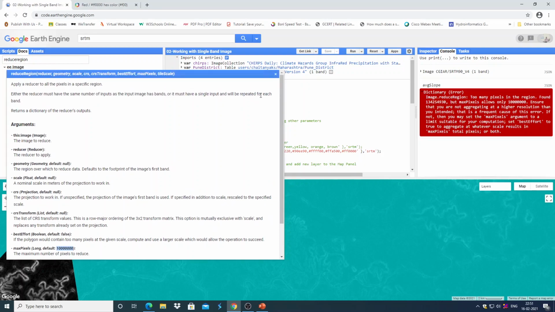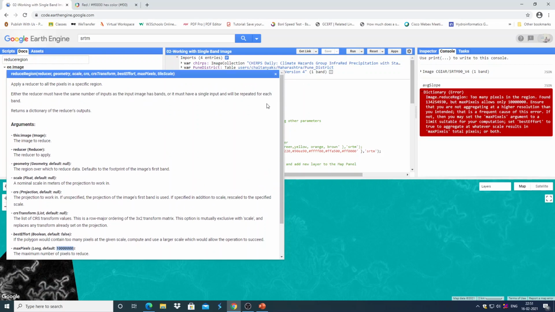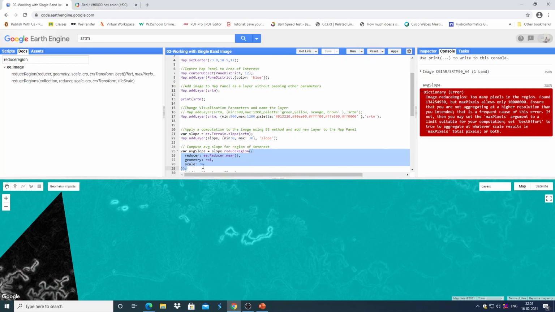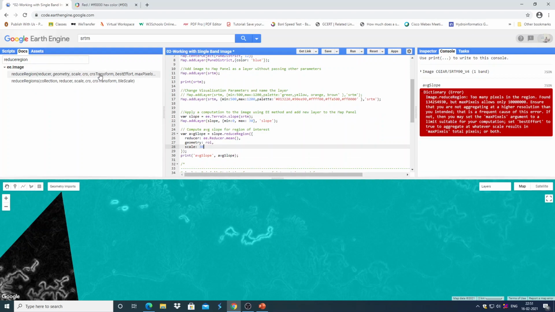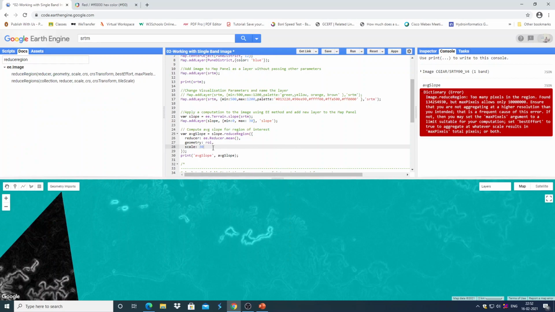Now how to avoid this error? We have to increase this number by specifying the maximum number of pixels as an argument here. You can increase the number to 10 power 10 or so. And there is one more parameter, the best effort parameter. If the polygon would contain too many pixels, you can turn it on. By default it is false. If you specify it to be true,